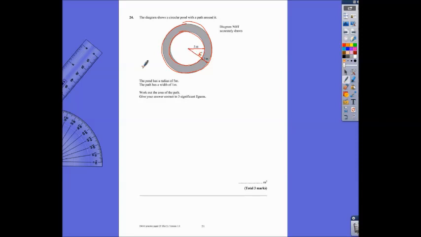So 5 add 1. To work out the area of the grey bit, we need to know that the area of a circle is pi r squared for starters. So the big circle is pi times 6 squared, and we need to take away from that the smaller circle, which is pi times 5 squared. And again, you can put that straight into your calculator. You don't need to mess around working each bit out. And that will give you